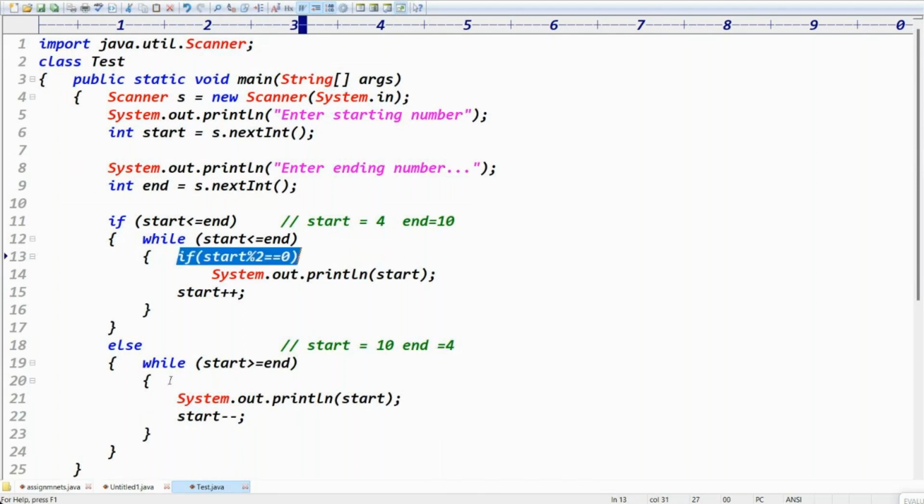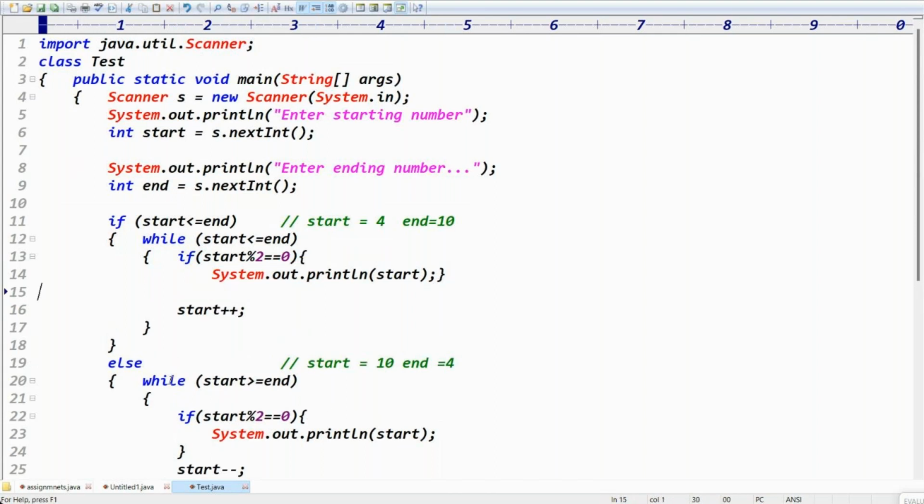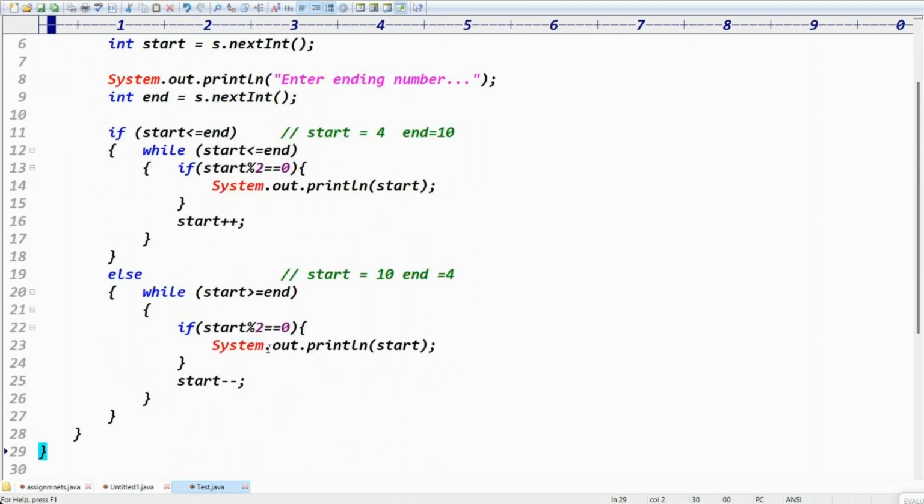If I don't take any braces, because if there is only one statement, braces are not required, right? Otherwise, for your satisfaction, let me take the braces also. This is the braces for this one, and here also you can put the braces. Okay, clear, right? Previously the start number was printed, but now the number is printed only for